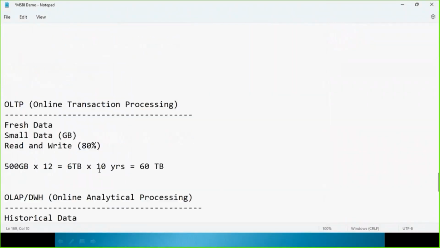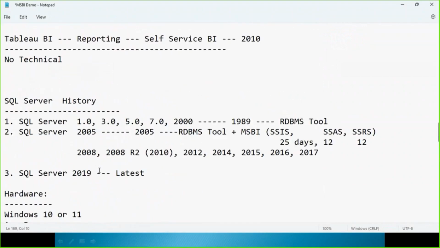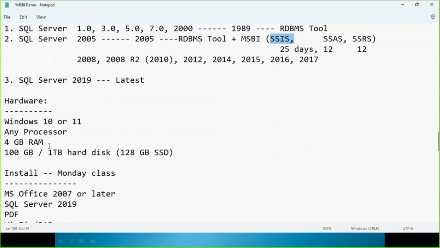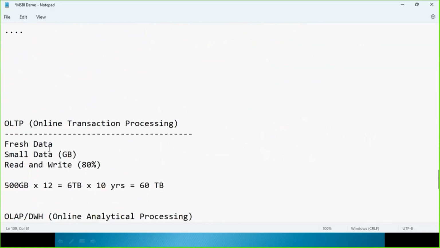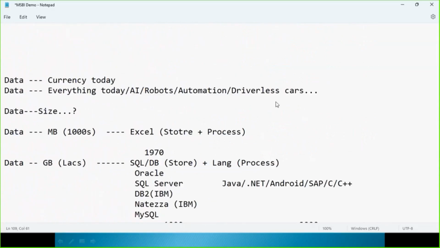So what is SSIS? SSIS is an ETL. We are going to be learning ETL in depth. So what can ETL do? In depth, 25 days we will be learning, which is a drag and drop software. No coding is required, and it is integrated in SQL Server itself. So we are going to be installing SQL Server so that you will be able to get SQL Server plus